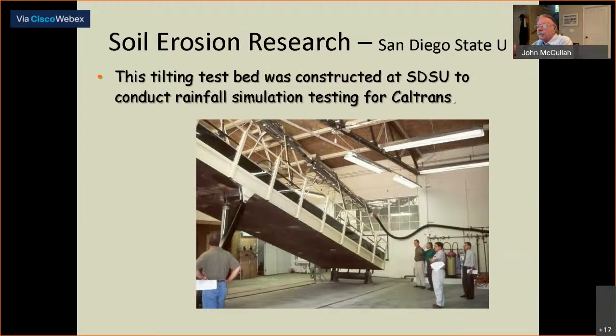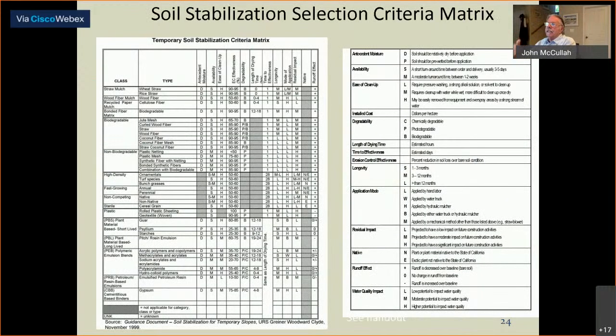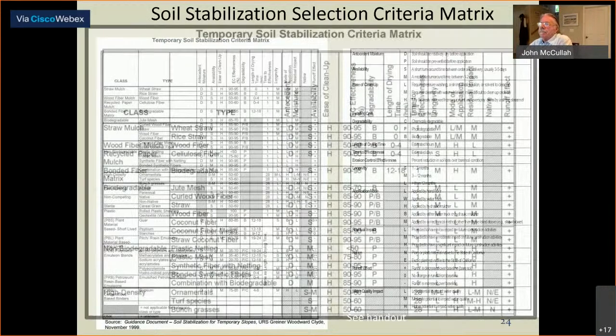All these erosion control practices were rained on with deionized water, a state-of-the-art setup. It was a 10-year return interval storm that was used for the LA basin, which is like 2 3/4 inches an hour, and replicated 12 times. From that information, we got some